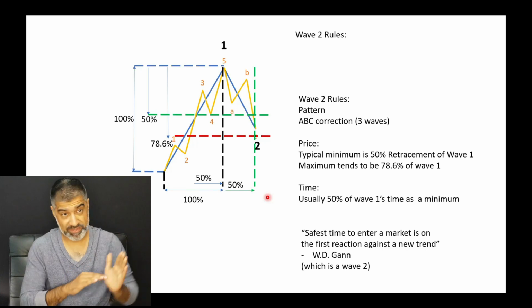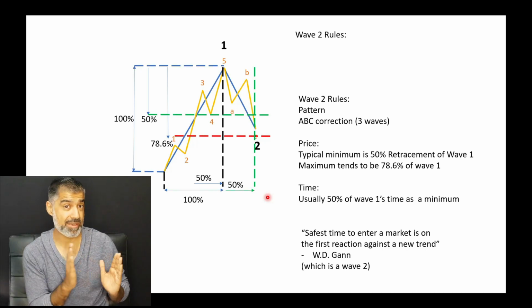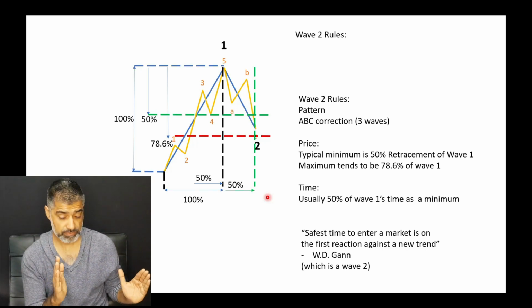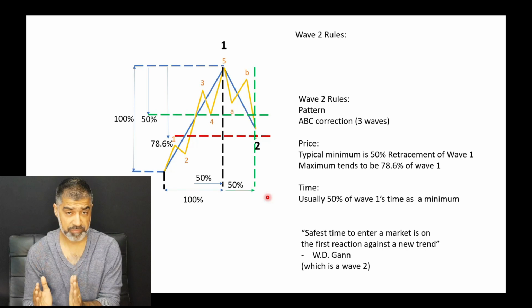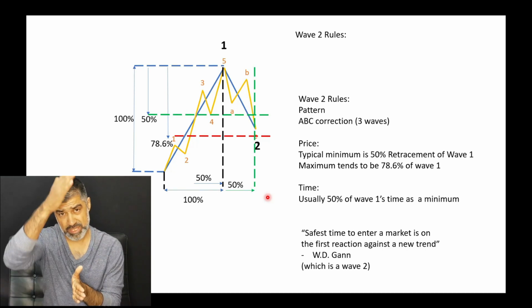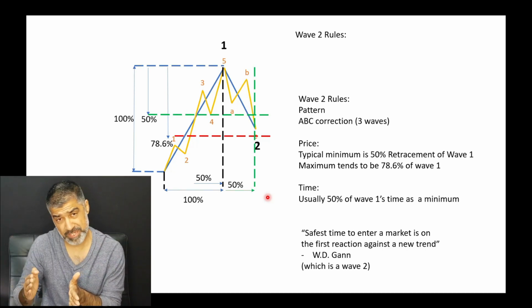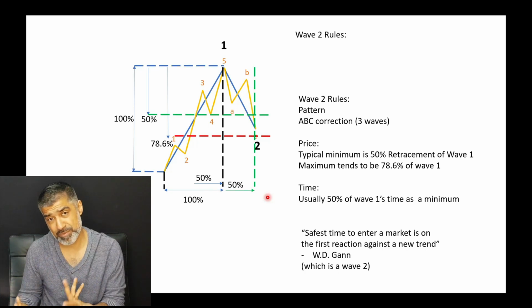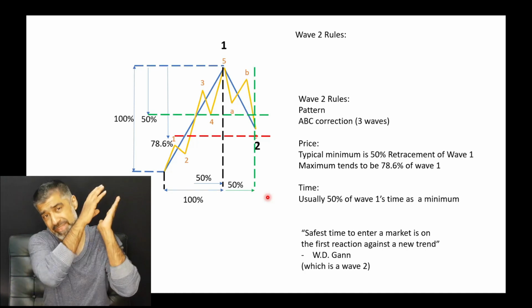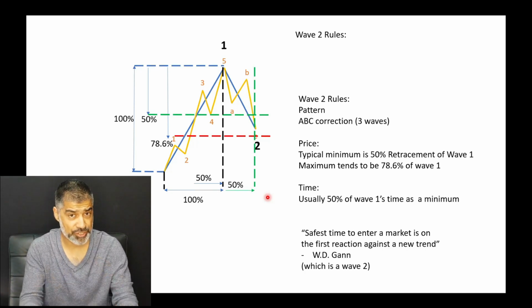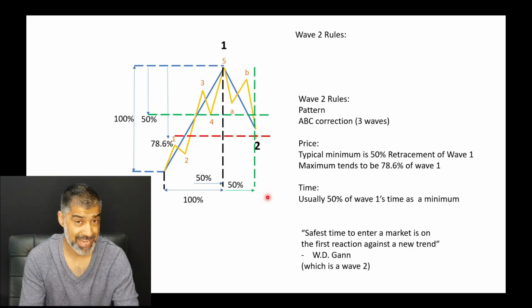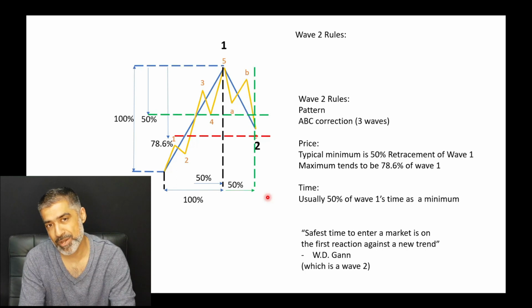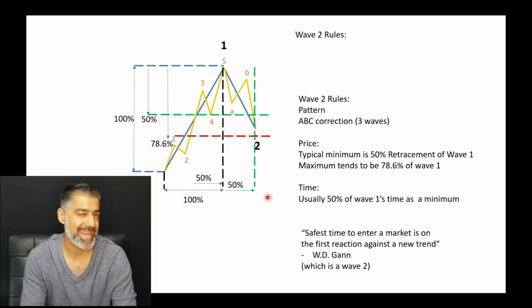So let's just say we've seen a wave 1, but it's taken a year for that wave 1 to unfold. How long would a wave 2 take to do a correction? Typically, and the minimum, 50% of 1 year is 6 months. So we can expect this big correction of 6 months. And you often see that with cryptocurrency markets when we're in a bull market and then a bear market. This is so powerful. Well, there you have it. You've just gone to the next level on Elliott wave theory, now combining Fibonacci ratios with Elliott wave theory.